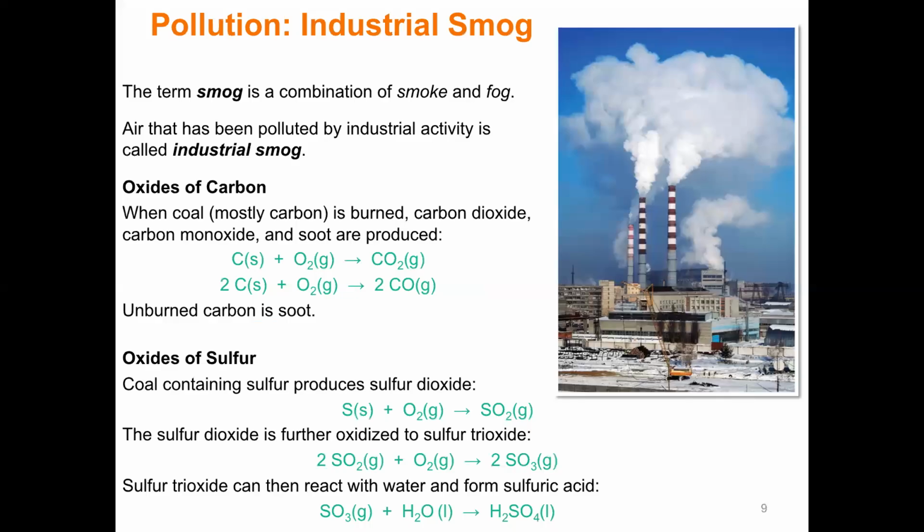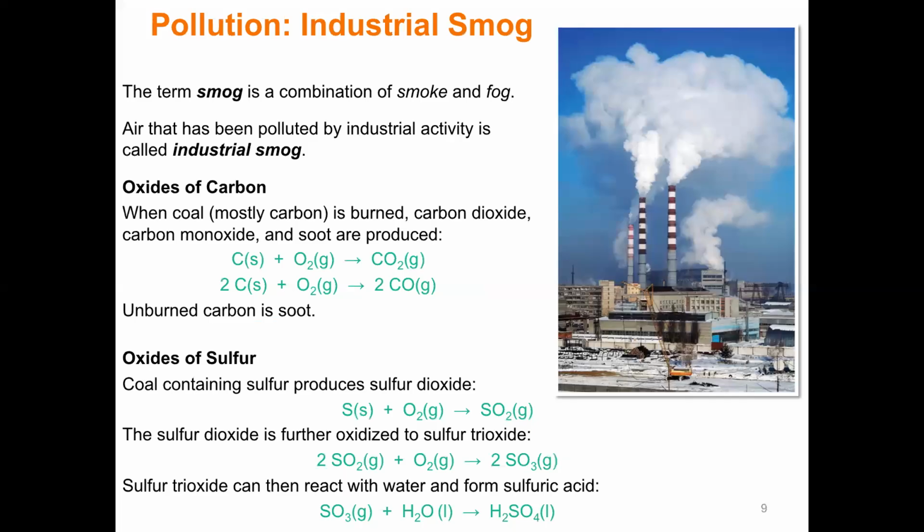Anything that's burning, we're going to mix with oxygen and we get these oxides of carbon: carbon dioxide and carbon monoxide. Carbon monoxide is toxic, which is why people die of carbon monoxide poisoning. Oxides of sulfur come from a lot of places. When we talked about industry and smelting, sulfurs are going to exist. Back when we talked about copper, sulfur was one of the main things that combines with copper, but it also comes out of other processes. And I think you might already know this, in the process of making iron and steel, we have to get rid of sulfur, and that is also a problem.